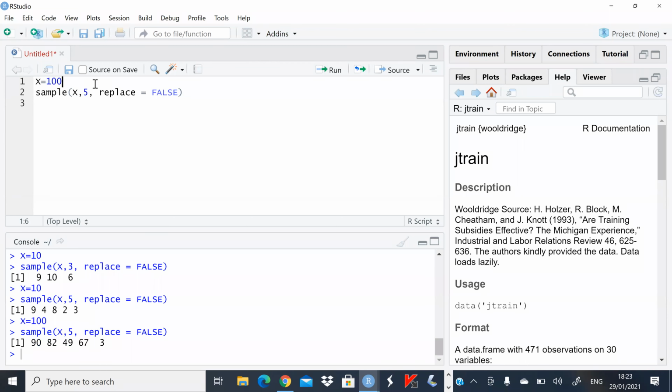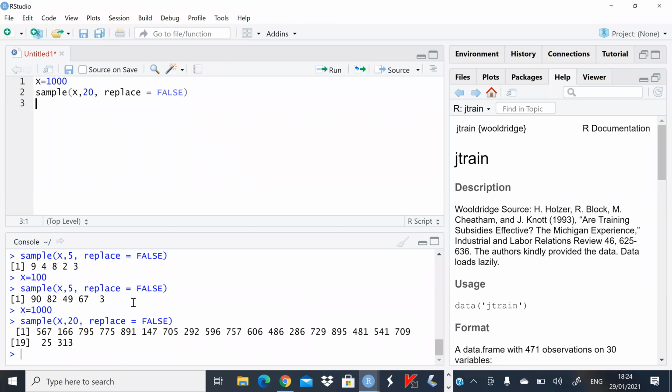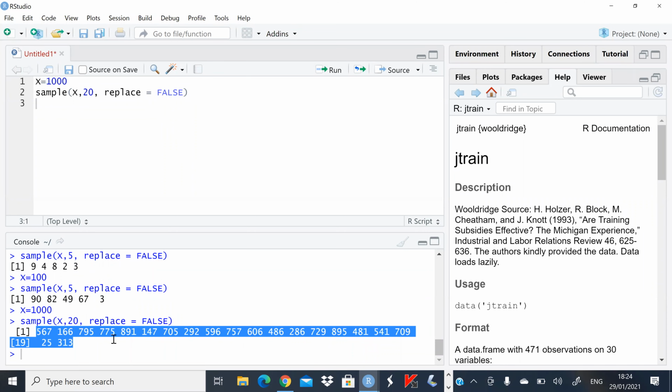Okay. If I have, let's say, a population of 1,000, you'll agree with me that it is very inconvenient to use the lottery method on a population containing 1,000 elements. Okay, because it is not possible for you to mix those slips of paper in an appropriate way. And then when you start selecting, it is very likely that you'll pick the one that is on top. So if I'm selecting a sample of size, let me make it 20 now, from 1,000, then I just need less than 1 second to get the individuals who I'm supposed to collect data from. So these are the elements that I'm supposed to collect data from if I'm sampling from a population of 1,000,